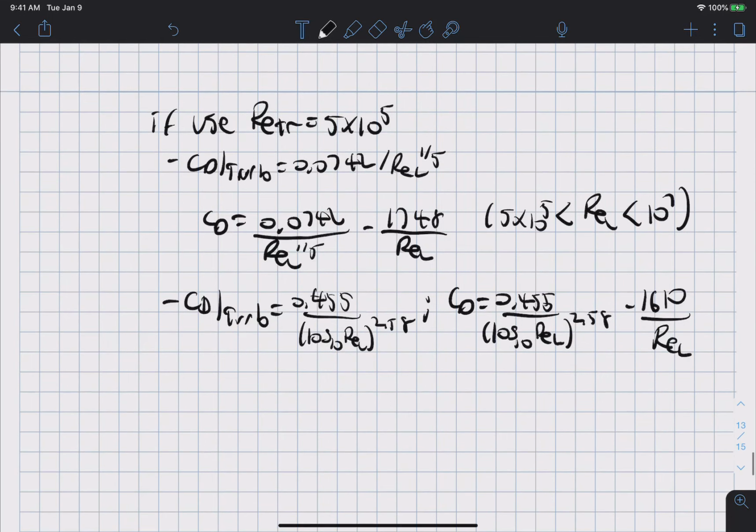And this is valid if 5 times 10 to the 5th is less than Re_L is less than 10 to the 9. So when you use these correlations, make sure you check your Reynolds number, which you need to calculate anyways to use these. Make sure that if the Reynolds number is 8 times 10 to the 8, that you don't use this relation here, it will be invalid. Okay, and so you need to check which relation that you are going to use. And so that would be a turbulent flat plate. And so now